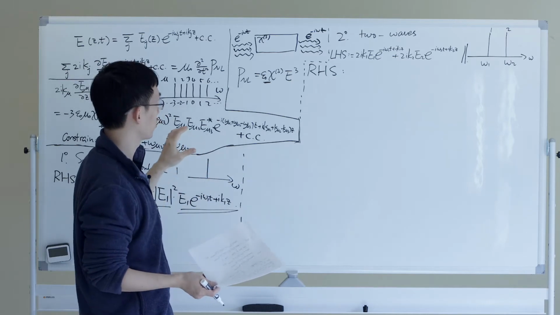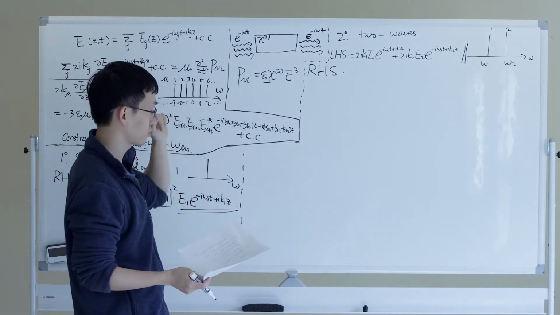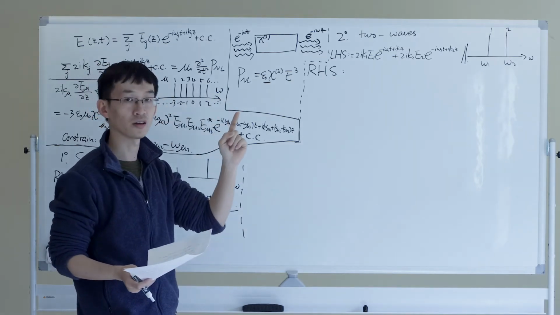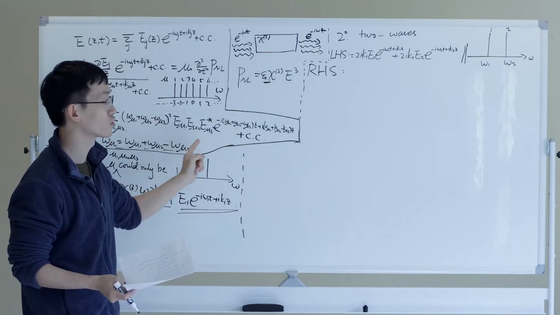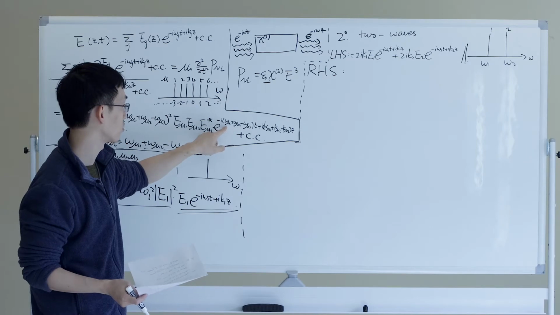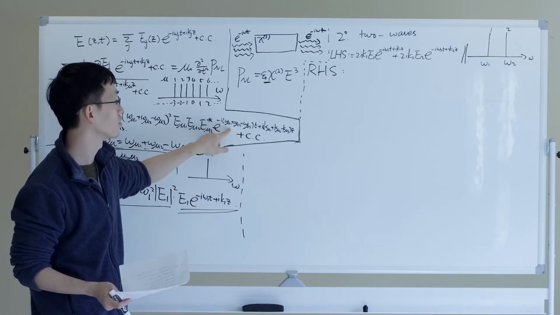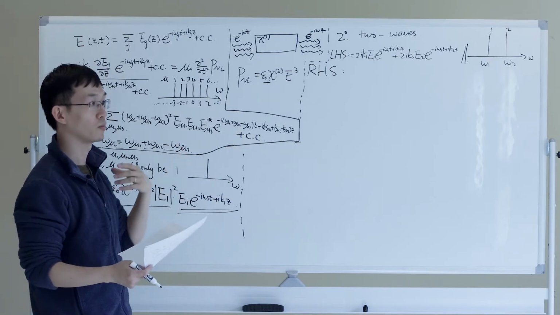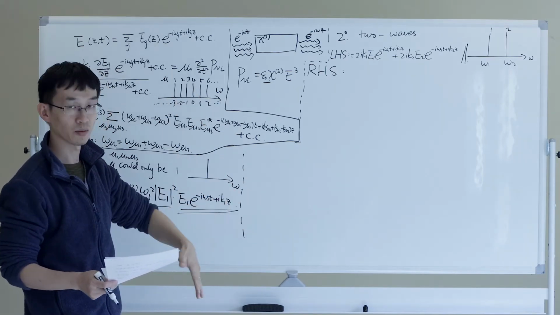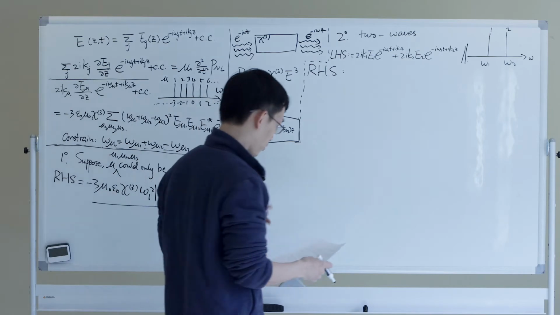So with that in mind, to save our time and to simplify the process, what we do is that we only calculate the terms associated with e to the minus i omega 1 t. Eventually these terms go to omega 1. We only calculate those terms, and then we mirror them to omega 2 and get the complete solution. So for omega 1,